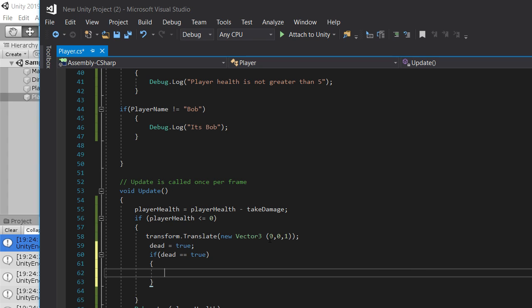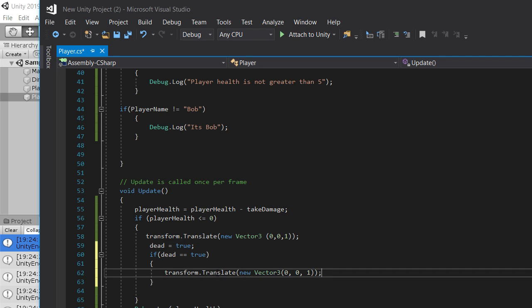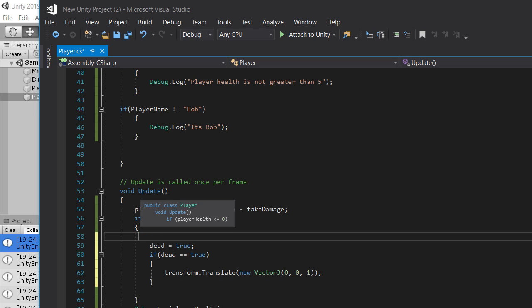Let's actually copy this. So we're going to take this part and then move it down to here. Let's say if